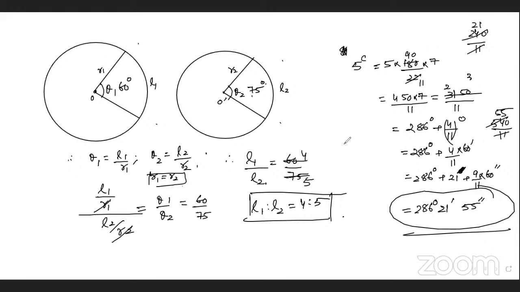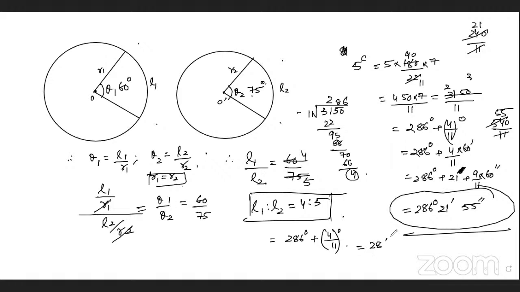ब्रिजेश, 4/11, मैं आपको बता रहा हूँ. 4/11 जो यहाँ पर है, ये आ गया. जब हमने डिवाइड किया इसको, देखो 3150 को मैं डिवाइड करता हूँ किससे? 11 से. 11 2 से 22, यहाँ पर 9 आ गया. 11 8 से 88, यहाँ पर 7 आ गया. 11 6 से 66, ये 4 आ गया. रिमाइंडर 4 आ गया ना. सो वी कैन राइट दिस इज इक्वल टू 286 डिग्रीज प्लस बाकी रिमाइंडर कितना आ गया? 4/11 डिग्रीज. ठीक है. अब दिस इज एन इनकम्प्लीट डिग्री, लेकिन हम इसको स्मॉलर यूनिट्स में लिखेंगे तो